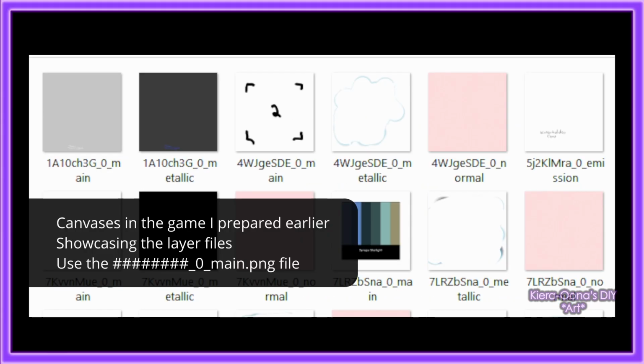If you take a look, you'll see the numbers of the canvases that you've got, but you'll also see sort of where the edge of the spray that I put down is, and then you'll see the same thing on here. All of these are the different layers of your one specific canvas file. And then if you use any neon colors, that's also going to bleed through as well.